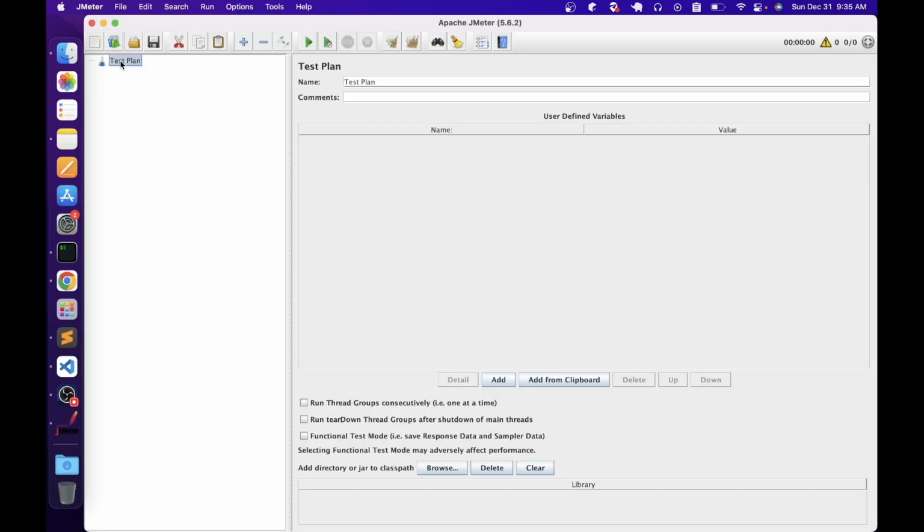When you open JMeter, by default you can see an element called test plan. This is the default parent element and it is automatically created by JMeter. All other elements like thread groups, samplers, assertions, etc. can be added as a child under this test plan element. Unlike other elements, it is not possible to remove this element, and the test plan can be saved as a .jmx